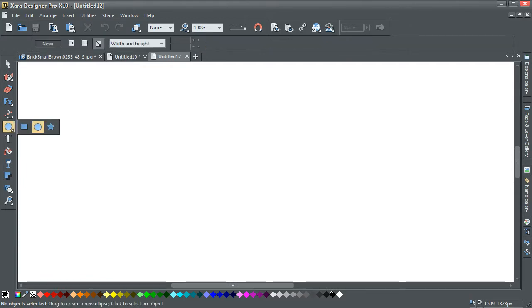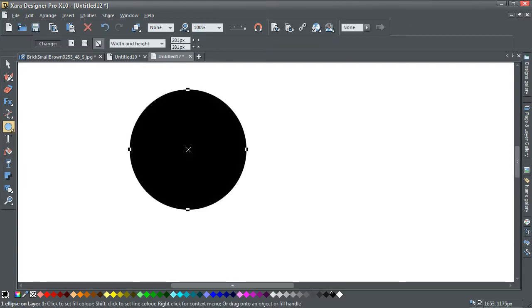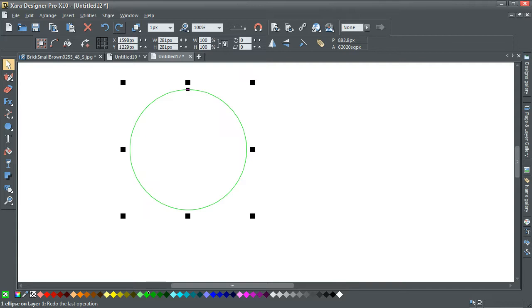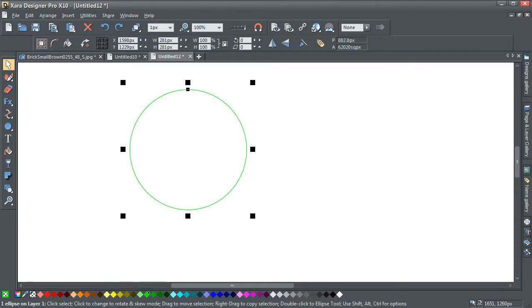Using Gary's method, create a circle. Let's give it a green colour. We've got a circle here. I'm going to give it a green line colour. I'm going to give it no fill, so it doesn't matter what size it is. It's academic at the moment. I'm going to Control K to clone it. I'm going to hold in the Shift key, and I'm just going to